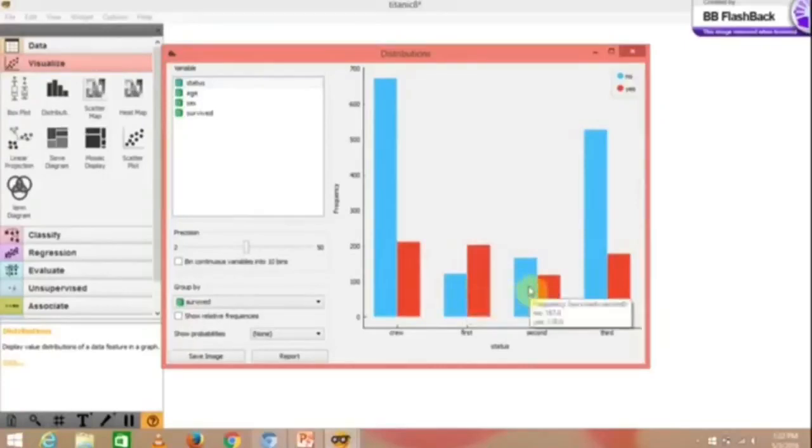In the second class, 167 people did not survive and 118 people survived. In the third class, 528 people did not survive and 178 people survived. From this graph, we can conclude that most of the people in the crew class did not survive.